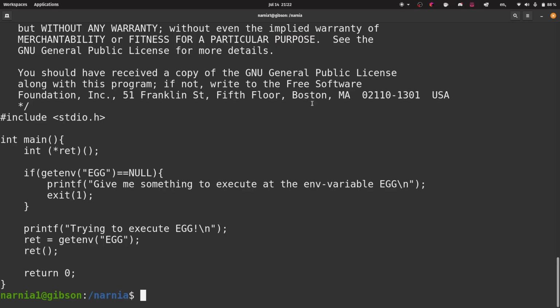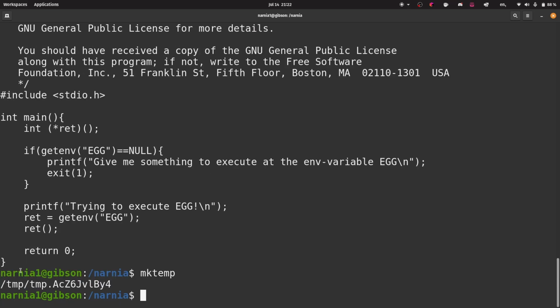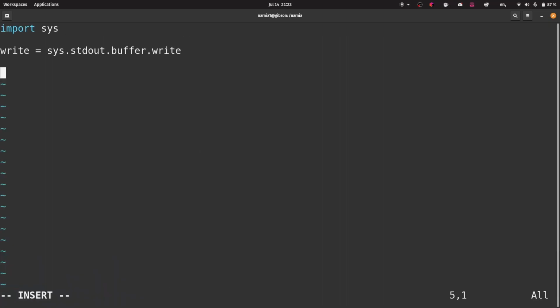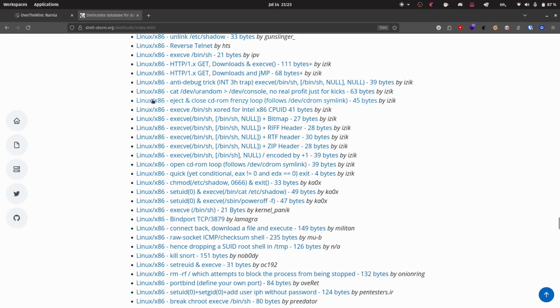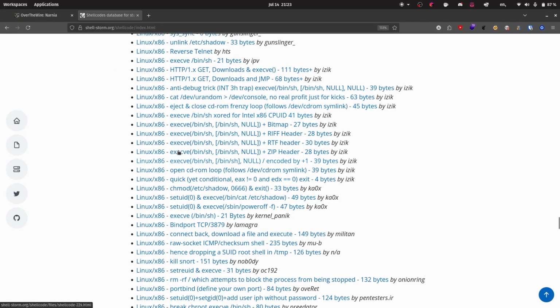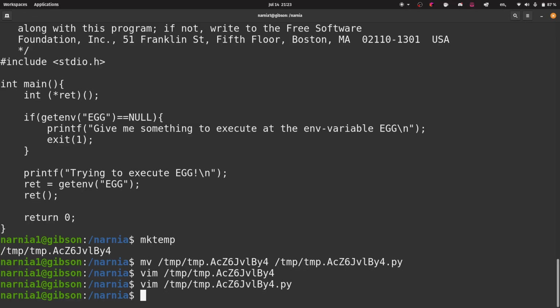So what I'm going to do is I'm going to go back to the VM and I'll make a temporary file like this so we can start making our Python script that is going to create this egg environment variable. And then we need to go try some shellcodes from the shellstorm.org website. If we go back to the terminal and we do uname -a,